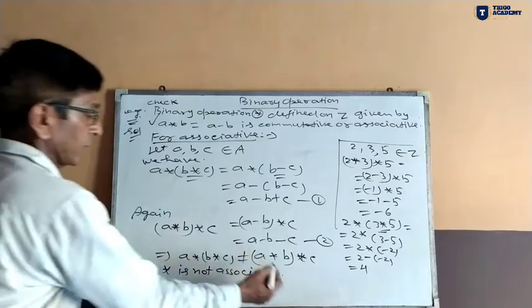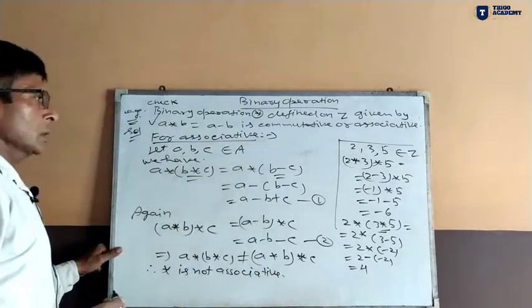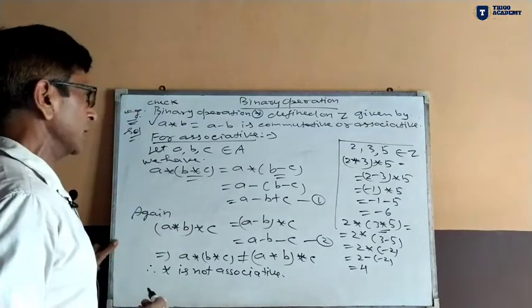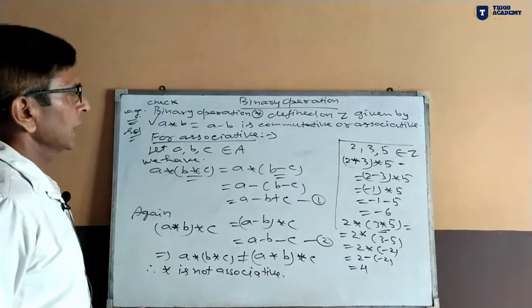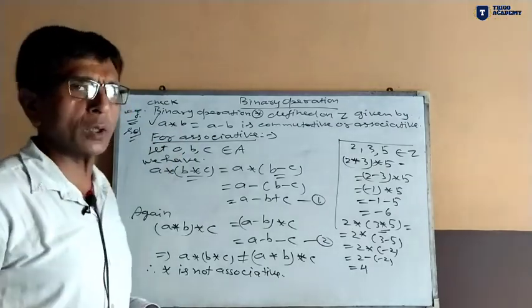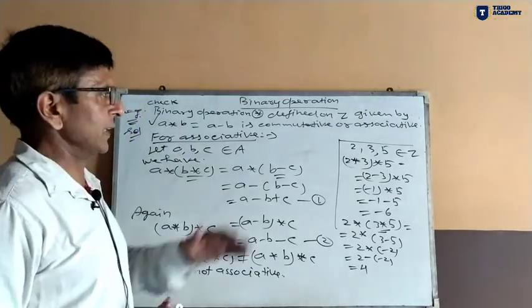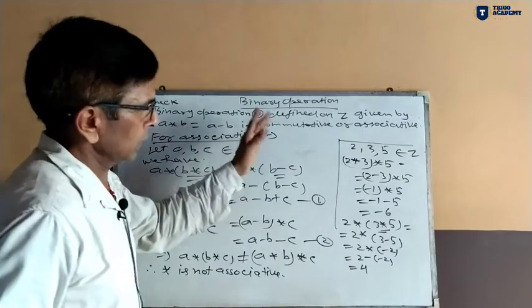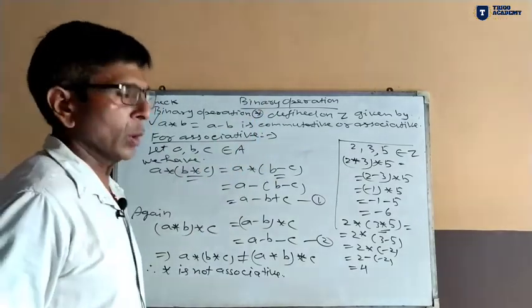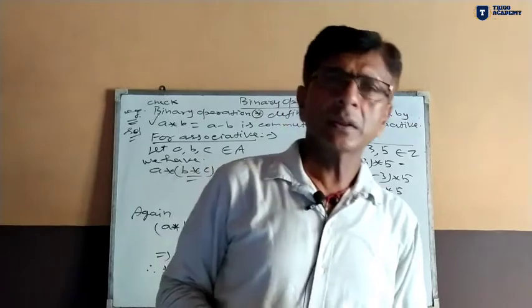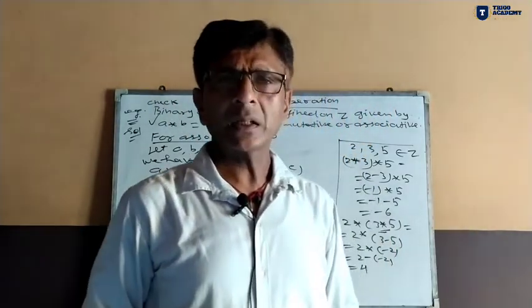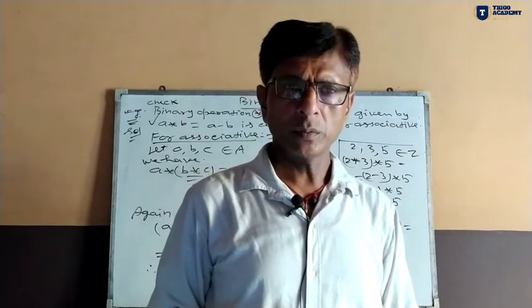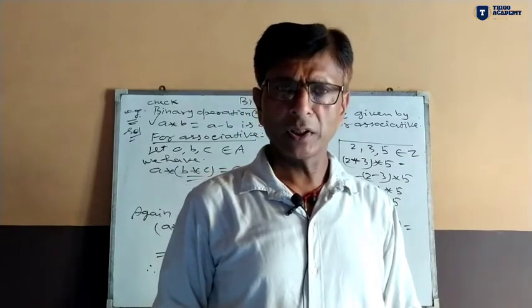So in this way, through these examples we can check this definition, that star is not commutative as well as not associative. Okay, after that, in the next class,